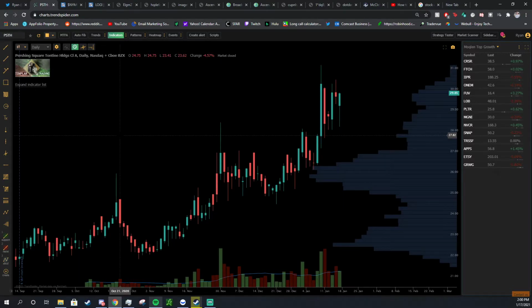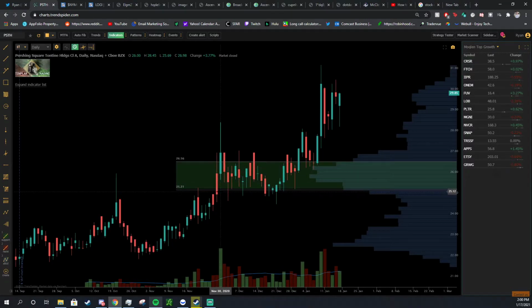Pershing Square Tontine? Interesting. Okay. So immediately I do like that it looks like we have long-ish periods of consolidation before breakouts. If we look at the volume by price here, we can see that from about November 30th to January we got about a month of consolidation, getting us a good amount of price by volume, supporting the price